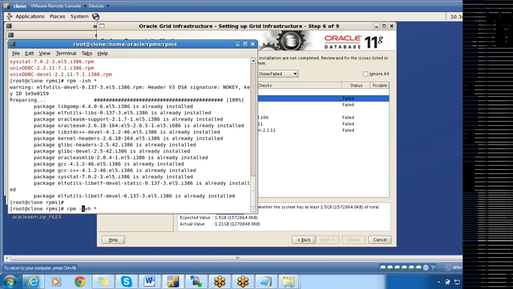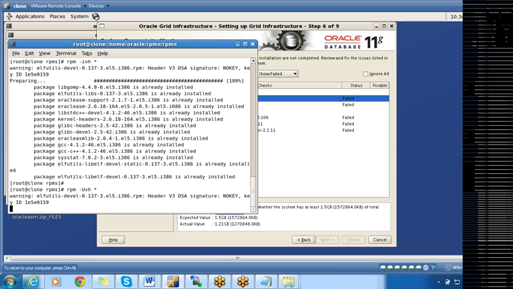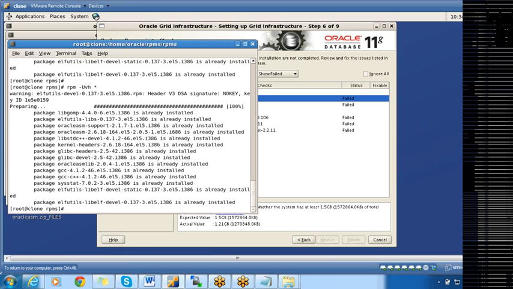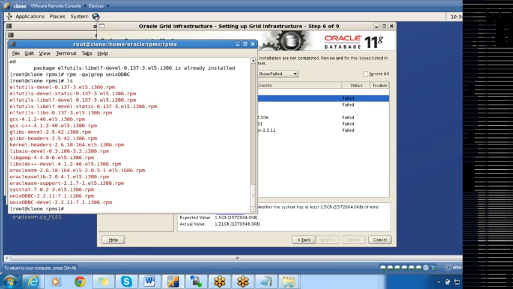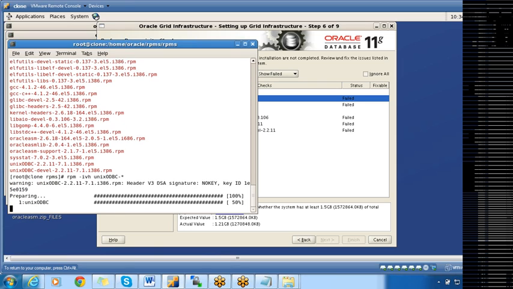I'll go for UVH then. RPM minus Q8 by grep Unix ODBC. Okay, I have to install it again. RPM minus IVH Unix ODBC star. Okay.